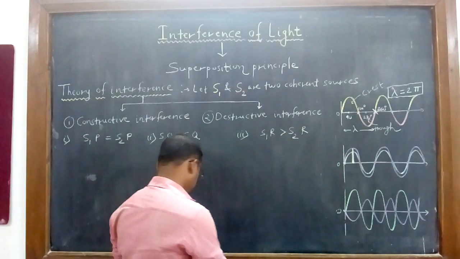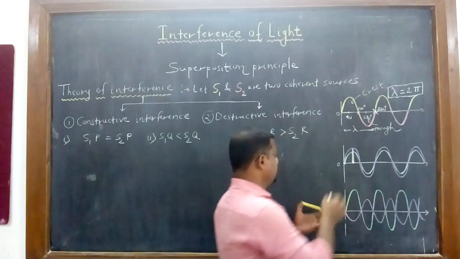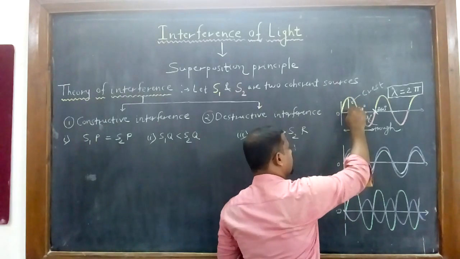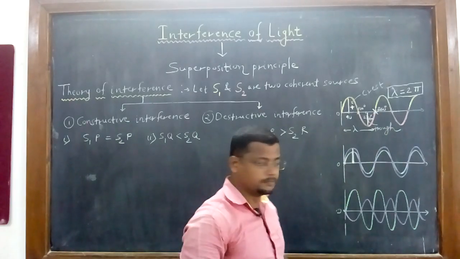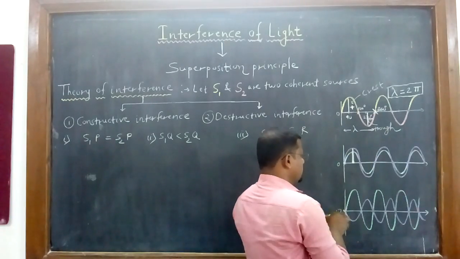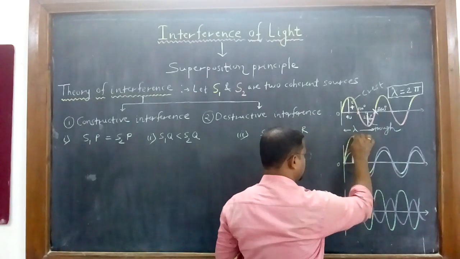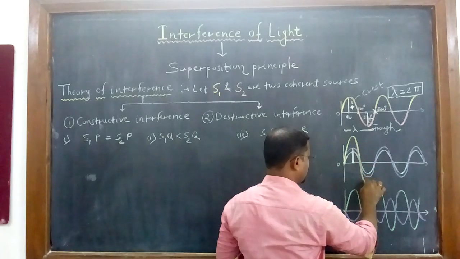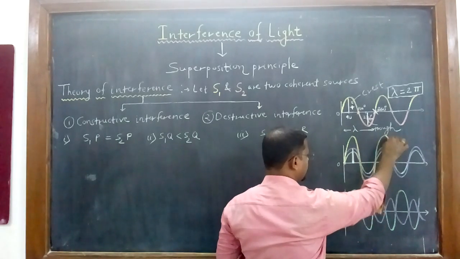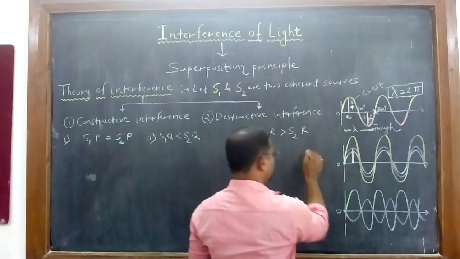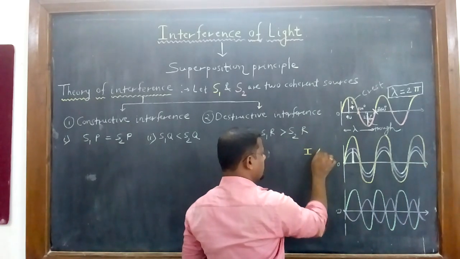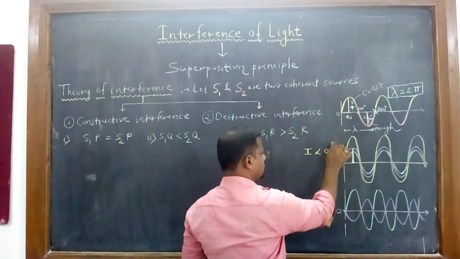For your reference, we know this is called the amplitude of the wave. This is amplitude with plus, this is amplitude with minus here. Here both these are plus plus, so this is your resultant wave, right? This resultant wave has more amplitude, and we know the intensity of the wave is directly proportional to